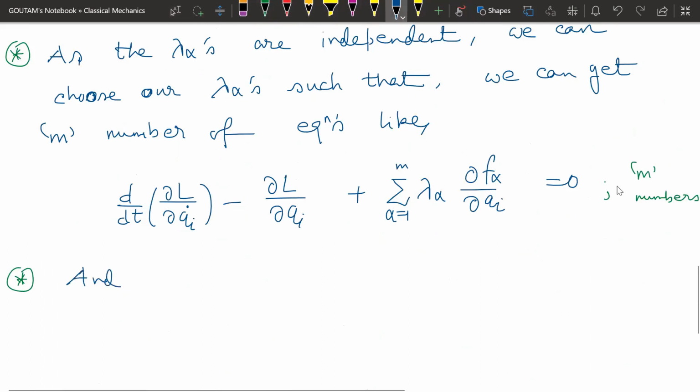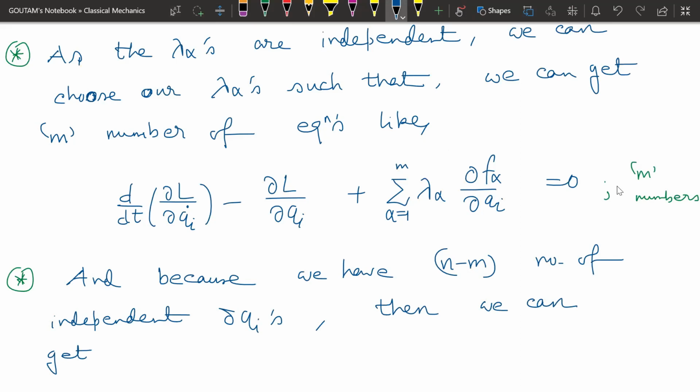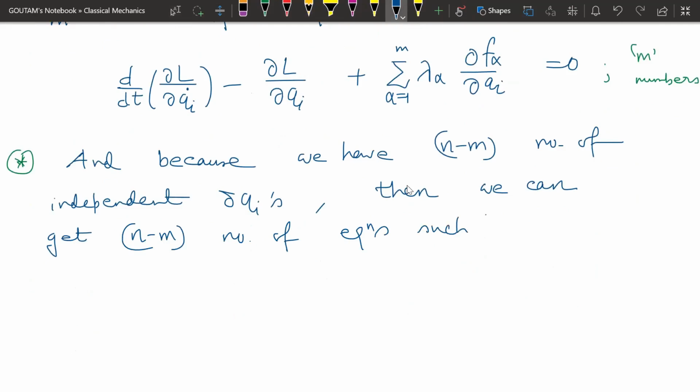And because we have n minus m number of independent delta Q's, we can get n minus m number of equations such that